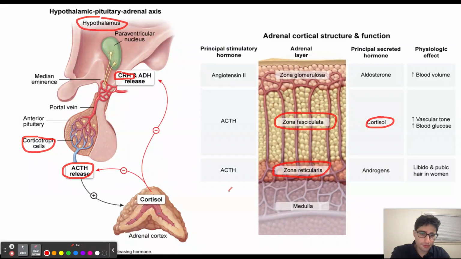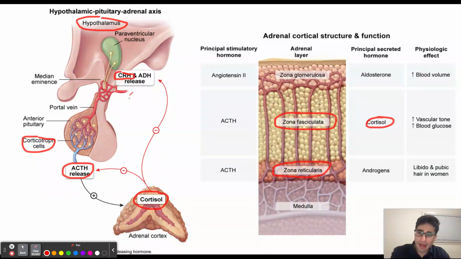Now, in order to properly regulate this axis, cortisol is then going to inhibit further CRH as well as ACTH release. So this axis is tightly regulated. Now, if we are using glucocorticoids as a medication, cortisol can inhibit CRH as well as ACTH,